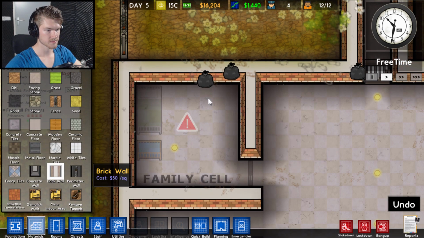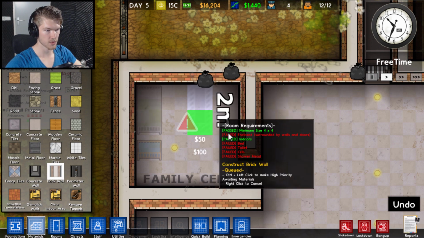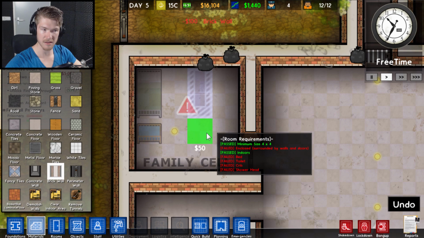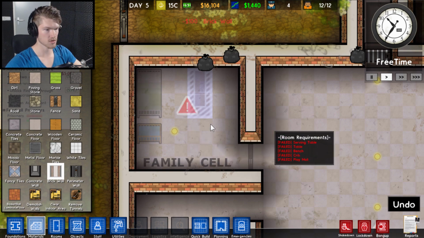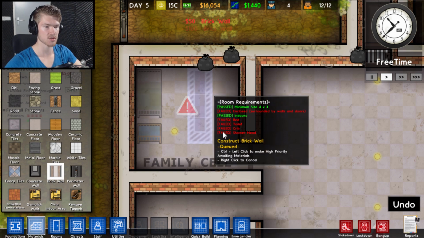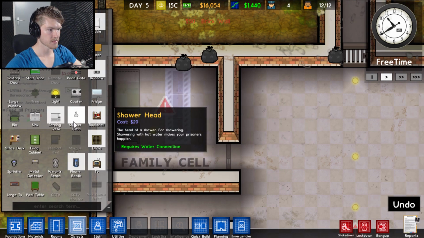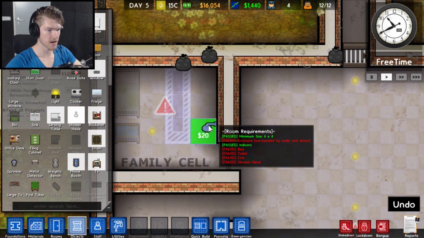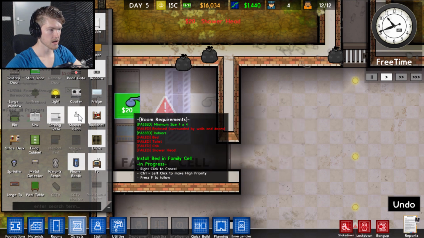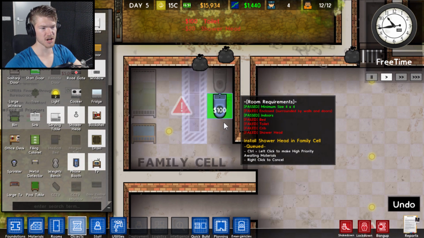And then we'll get a separate little thing for the toilet and the shower room in here, maybe. I'm not sure if that's a good idea or not. We're gonna find that out fairly soon, I suppose. So we'll get that in there. And then we'll get a shower head right in there. And then a toilet right there. It's not the most luxurious...